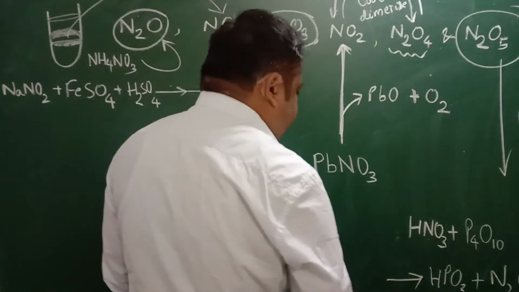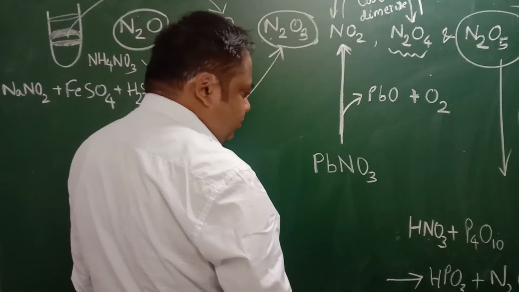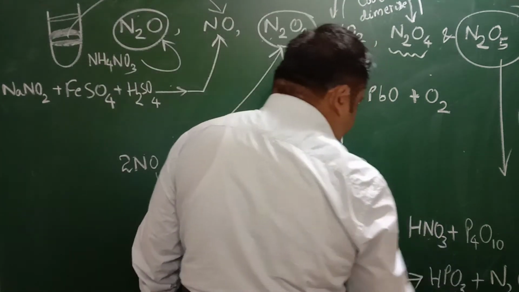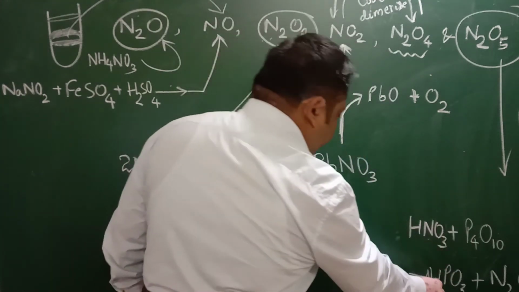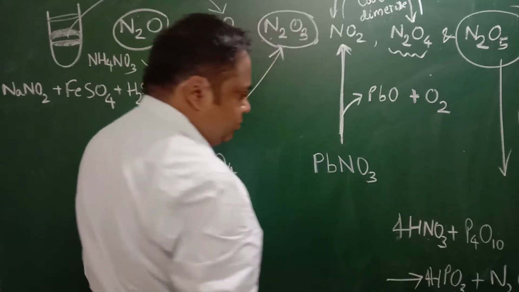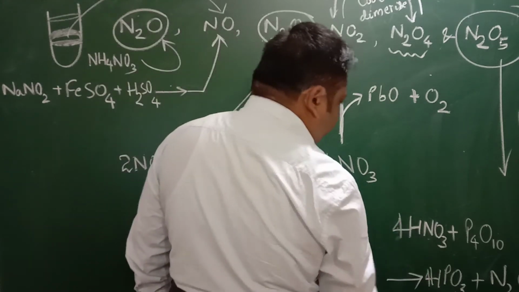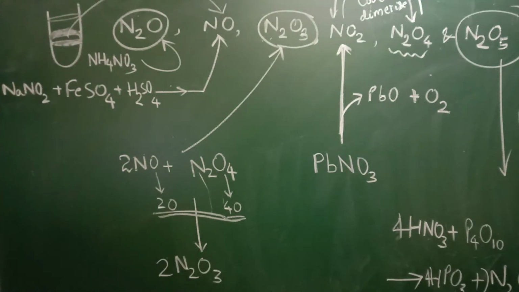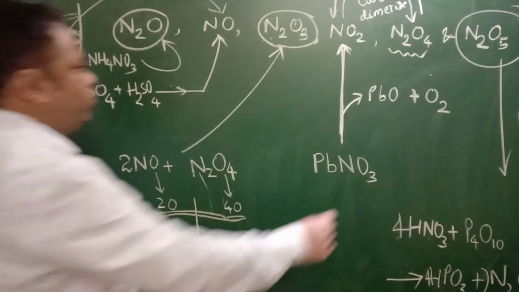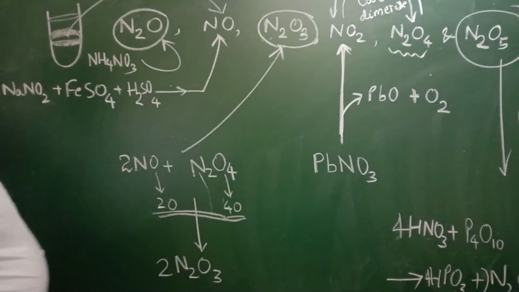This will be just a redox reaction, so we have to balance it accordingly. There are 4 phosphorus atoms, so we will give 4 over here. This 4 hydrogen now will give 4 over here. This is 4 nitrogen atoms, we will give 2 over here, so it becomes balanced. So see, this is the logic behind the reactions or the reactants we choose to prepare these 5 oxides of nitrogen. Again I am saying, I am counting it 5 because N2O4 is nothing but a dimer of NO2.